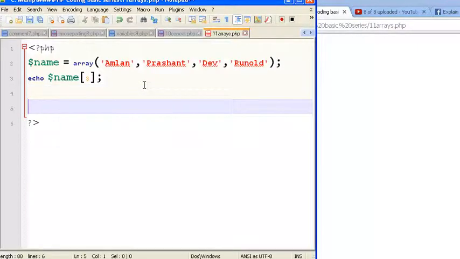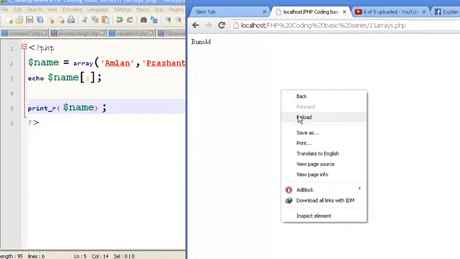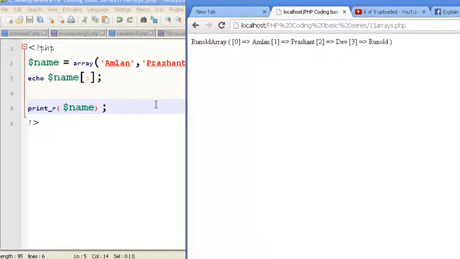Another point I want to show is that we can also use the print_r function, which is like any other function. We have the rounded brackets, and if I now print out the array variable, let's see how it looks.